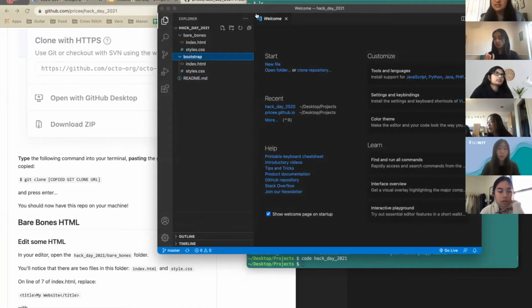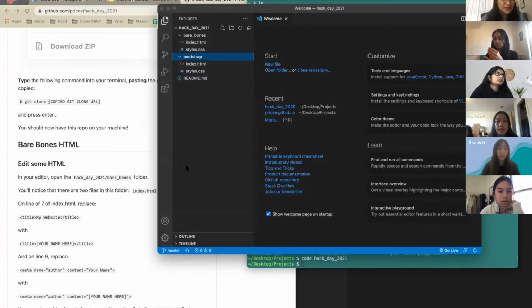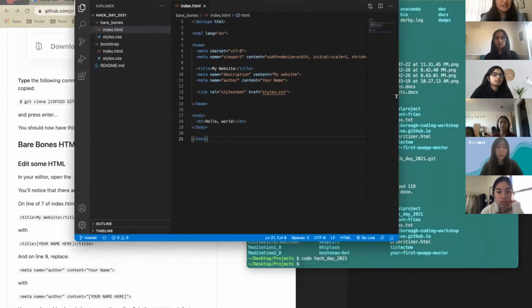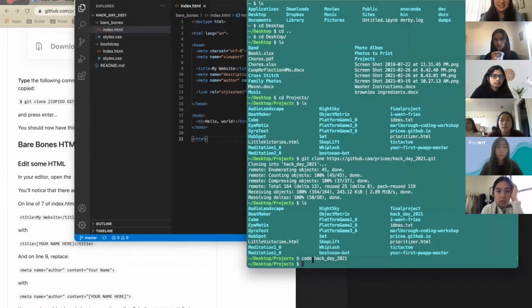So now I guess I'll go a little bit into using Git and just making sure that everything is set up right. So if you go to the bare bones file and you click the index.html, you'll have just a very bare bones HTML page. And so I think Angelina is going to have us do something a little different for how to open this, but the most simple way to open this and see what this web page looks like is just to